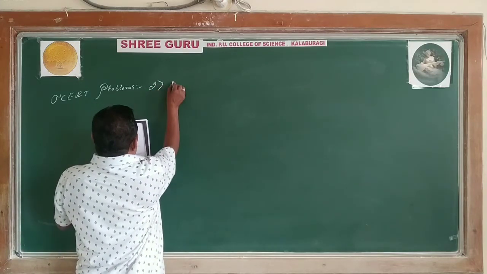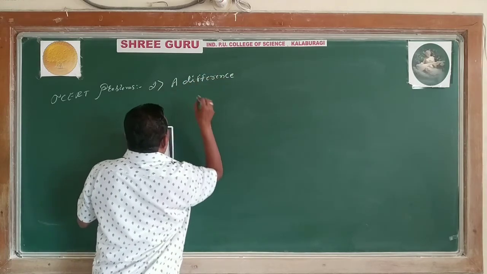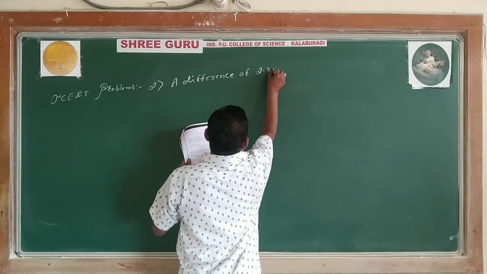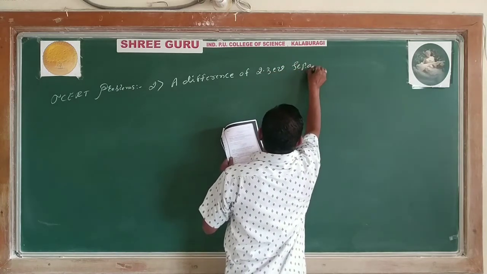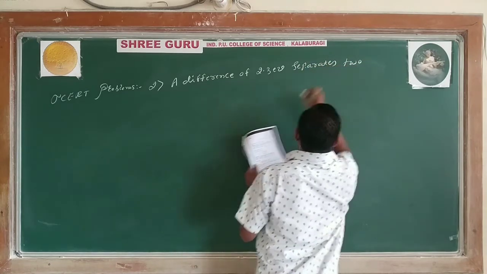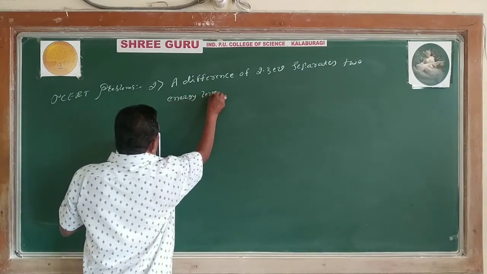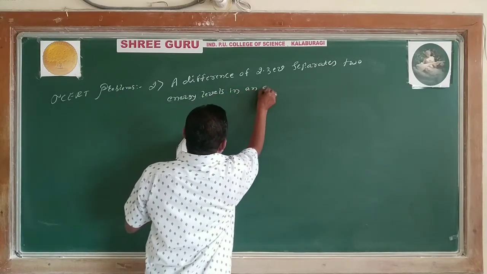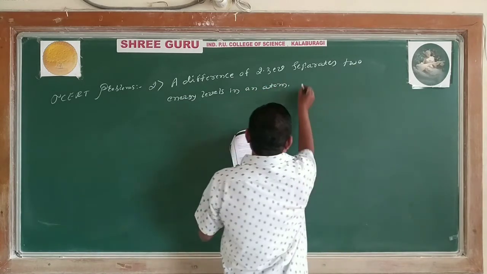A difference of 2.3 electron volt separates two energy levels in an atom. Full stop. What is the frequency of radiation